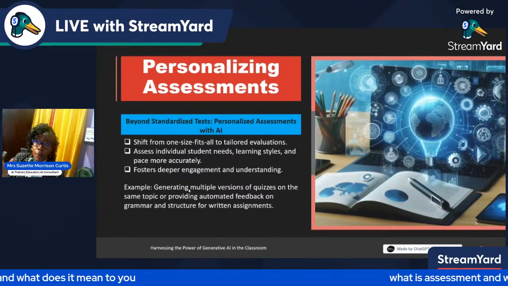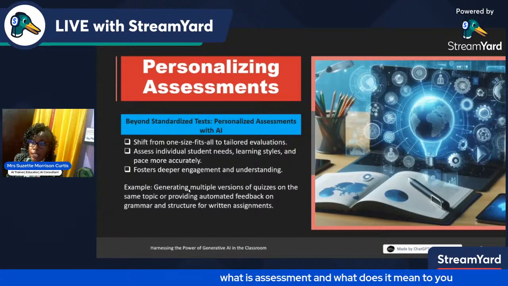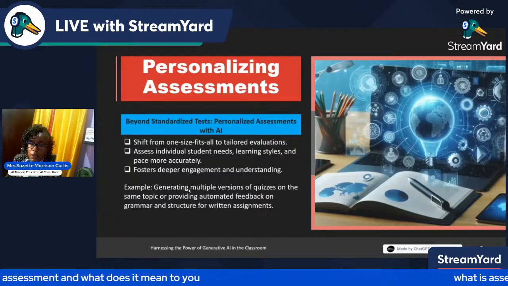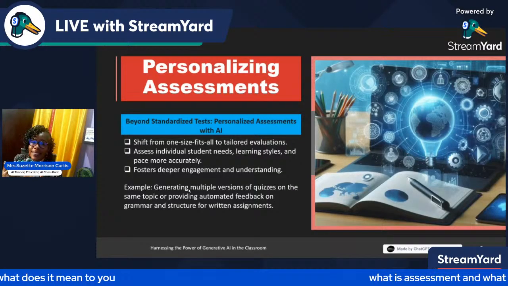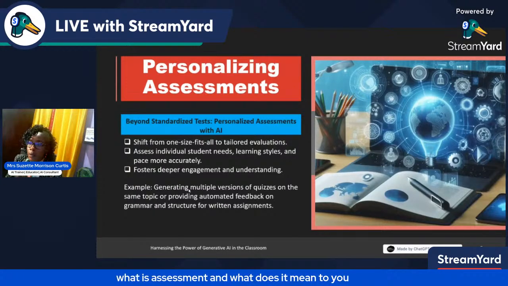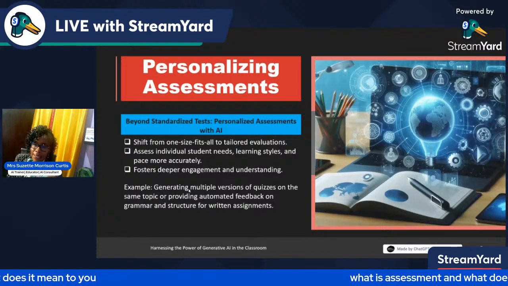With personalizing assessments, we can foster deeper engagement and understanding. We can have an actual conversation in the classroom with our students to foster more understanding of the elements of what they're learning. For example, generating multiple versions of quizzes on the same topic or providing automated feedback on grammar and structure for written assessments.